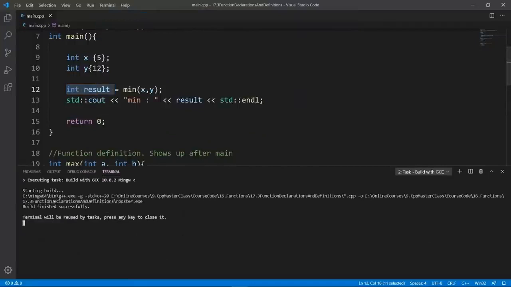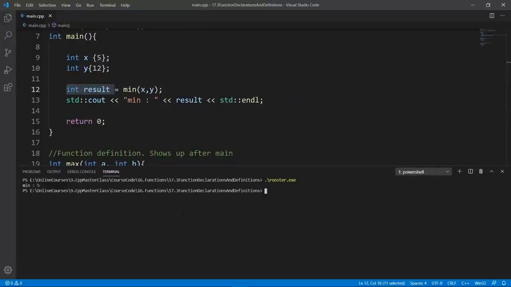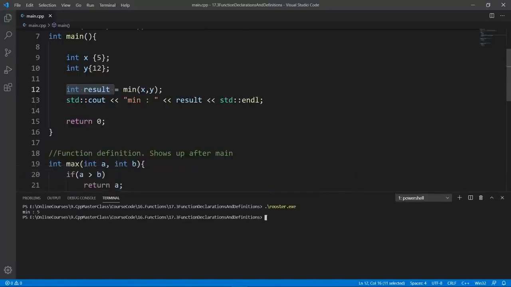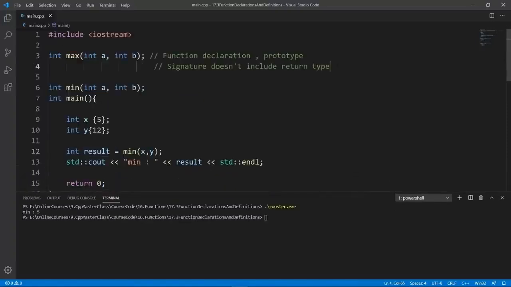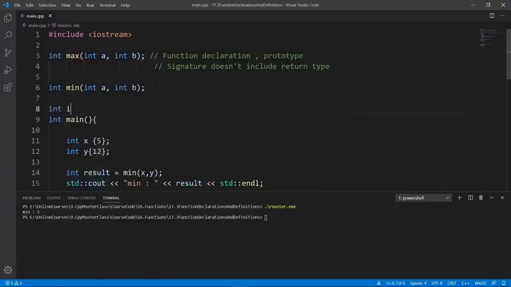The build is good. So we're going to clear and run rooster. Now the minimum is 5. We are calling our minimum function. In the last lecture, we also set up a function to increment and multiply. Let's try and do the same thing, but split that into a declaration and a definition just to practice a